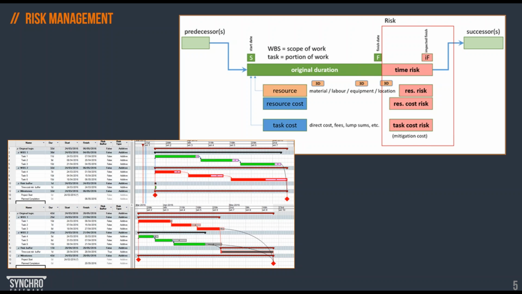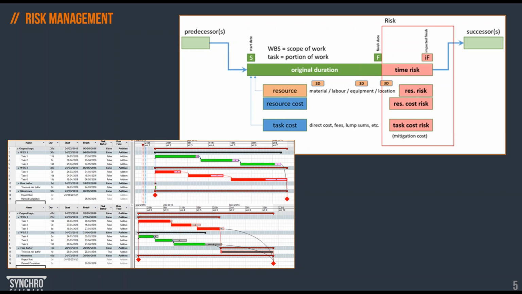So this form, or the second idea, SYNCHRO can present risks to the client in a clean form, whether it's included in a network or excluded from the network, logical relationships in a schedule. We can show those risks or opportunities.